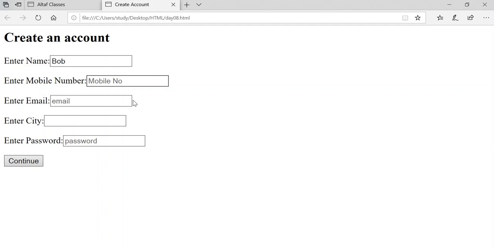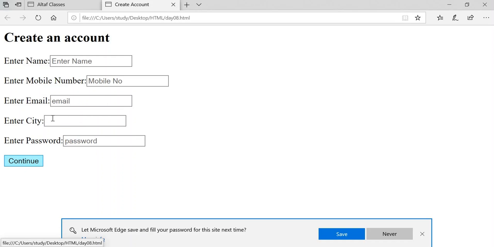Mobile number is 9876543210, and the email ID is bob@gmail.com, and then city as Bangalore, and the password bob123. So you can continue, and if it is connected to a database, then the data will be recorded in the database.